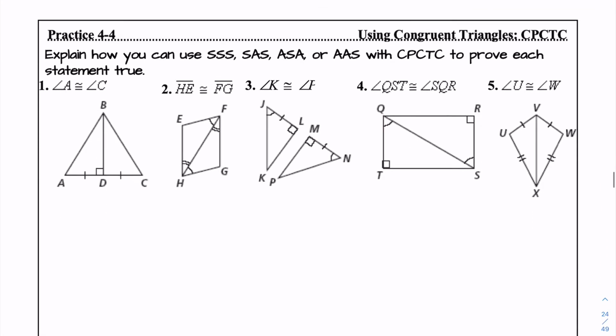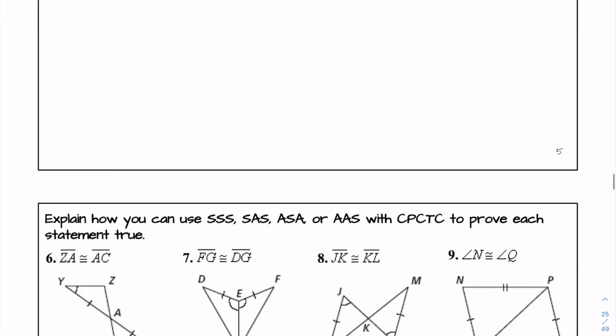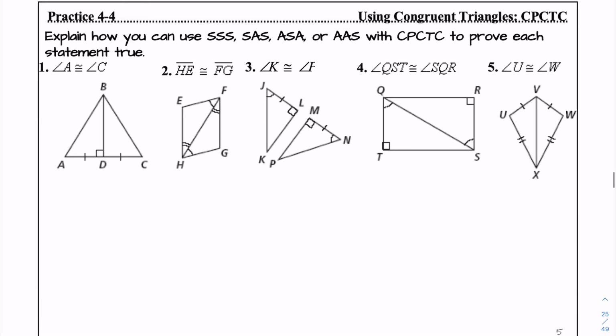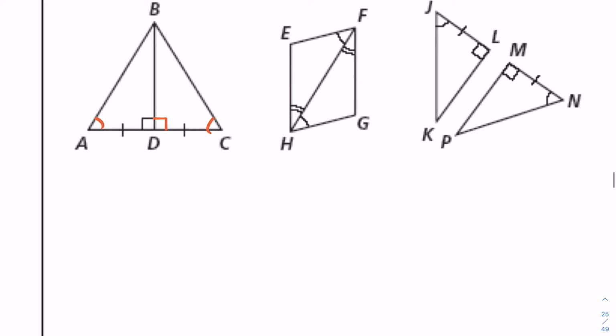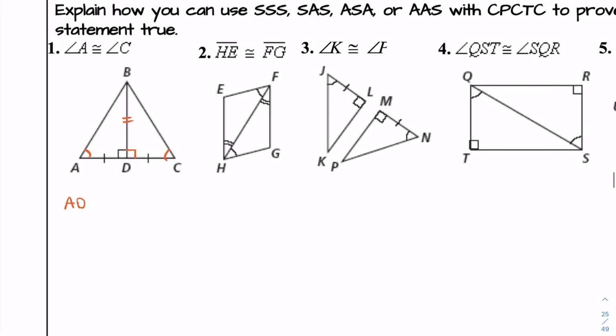Okay. We're already at the practice. This video is not that long, so I might as well just do these practice ones real quick. So here we have angle A is congruent to angle C. We know that this is a right angle, so we're going to say ADB. Oh, sorry. We don't know A and C. It wants me to prove A and C. So we're not sure. What I do know is that